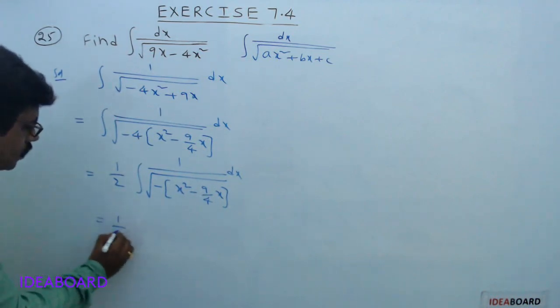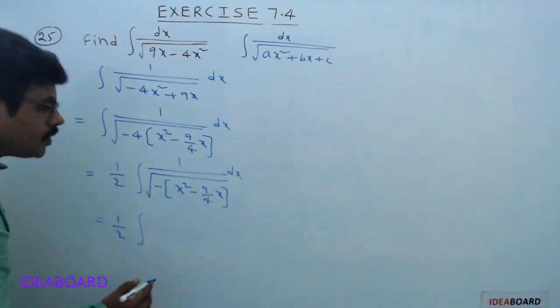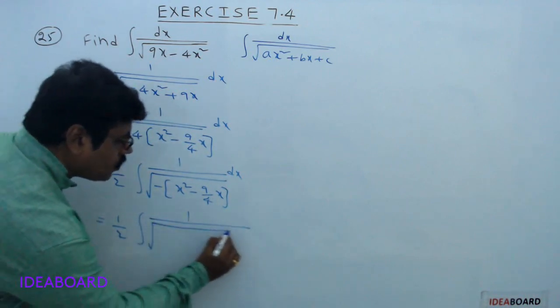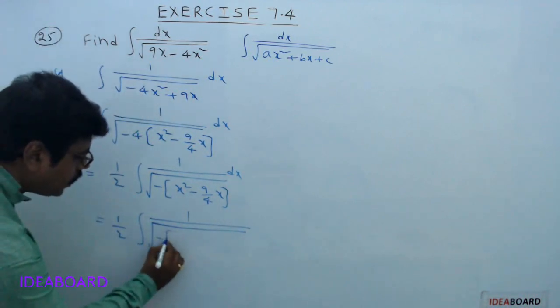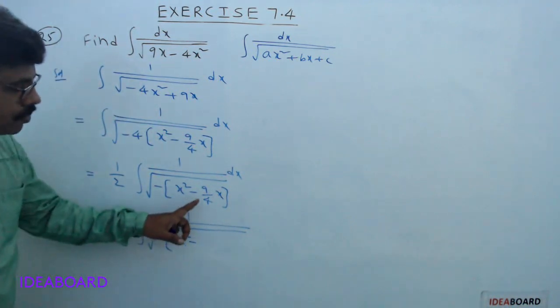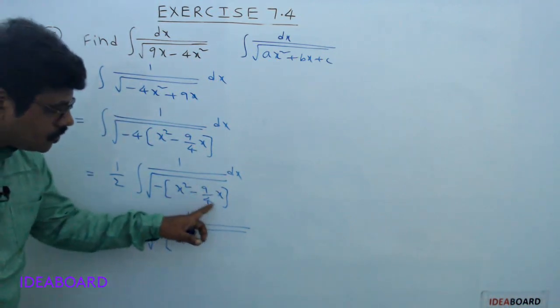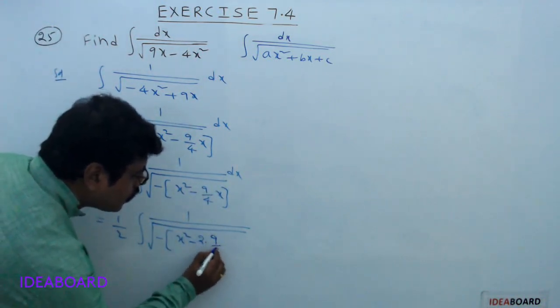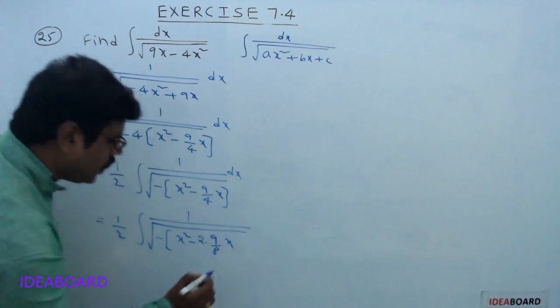Now this is equal to 1 by 2 into integral 1 divided by square root of minus x square minus, multiplying and dividing with 2 to this second term,